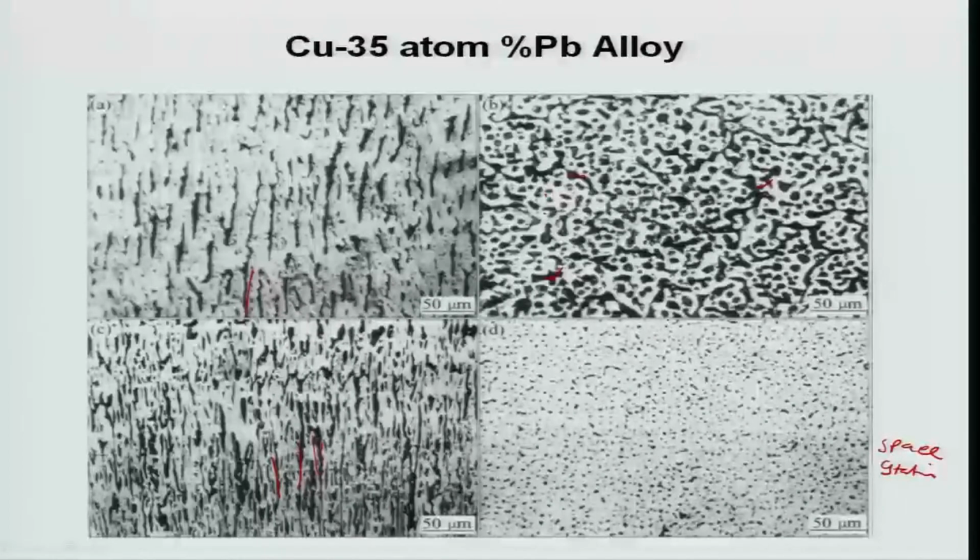Lead has a melting temperature of 327 degrees Celsius, so at high temperature it becomes soft when you have wear and tear action, friction, and you can have better properties. But the best property comes when the distribution is like this, very small particles distributed in the copper matrix. So with this, in the next class I am going to discuss,